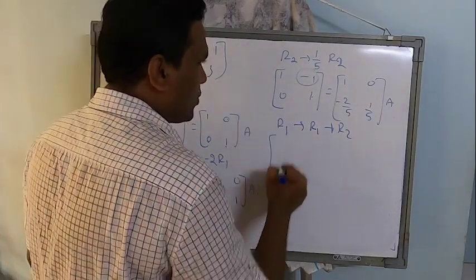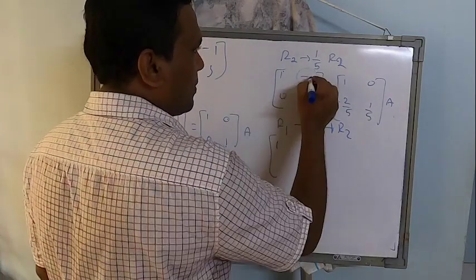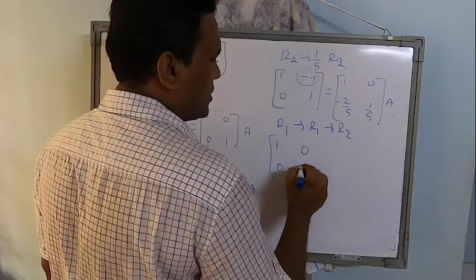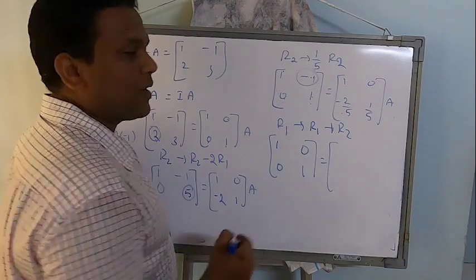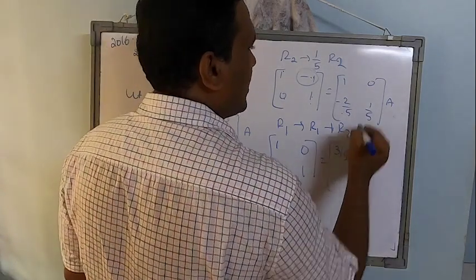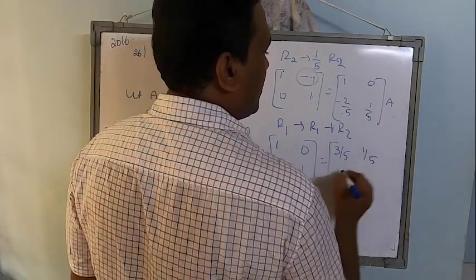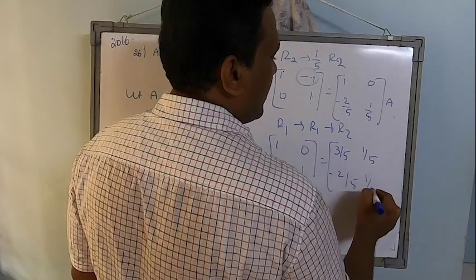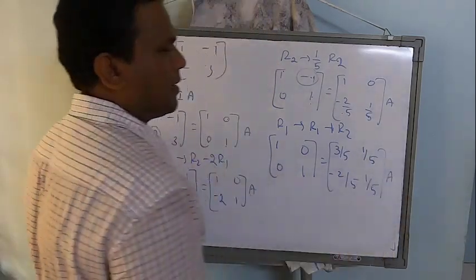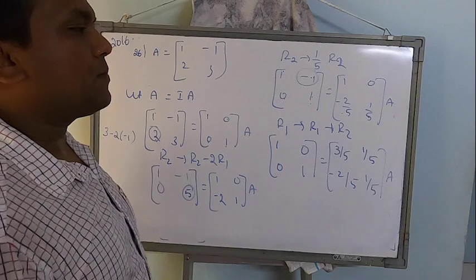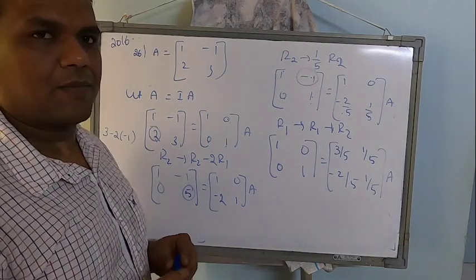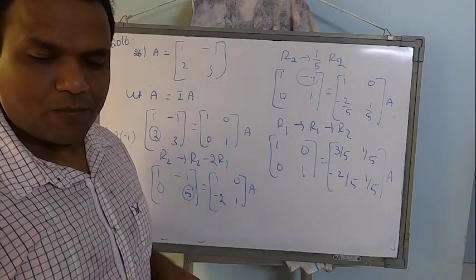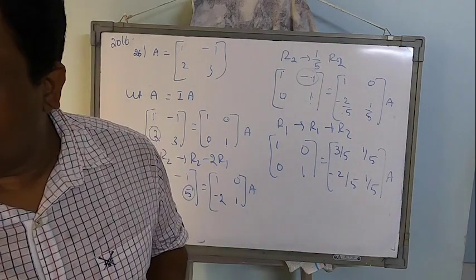Okay. So 1 plus 0, 1, minus 1 plus 1, 0, and no change in R2. Similarly, add these two. 1 minus 2 by 5, that's going to be 3 by 5. 0 plus 1 by 5 will be 1 by 5, minus 2 by 5, 1 by 5 multiplied by 8. It's as simple as that. The only thing is we should sit and practice. That's it. Now nothing else can stop you if you practice this method.